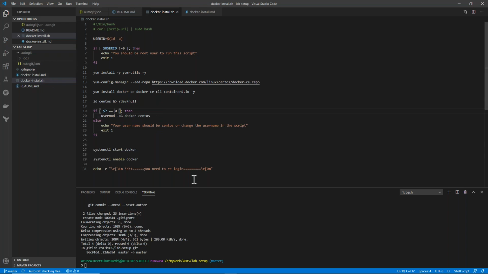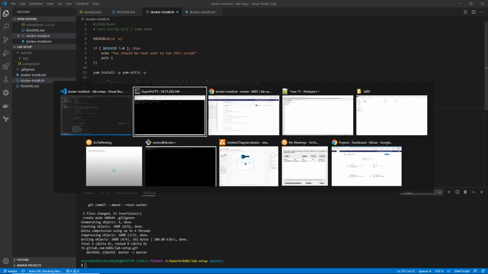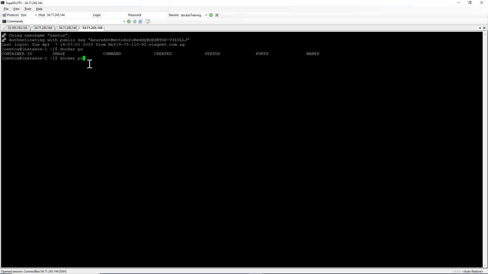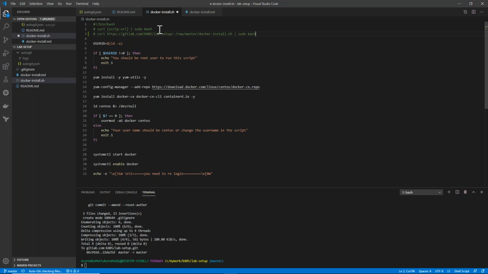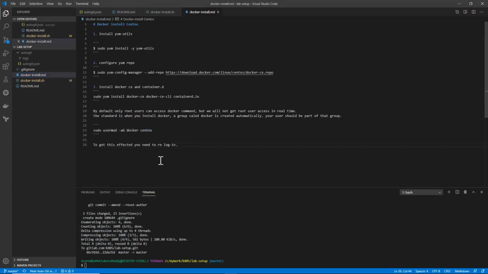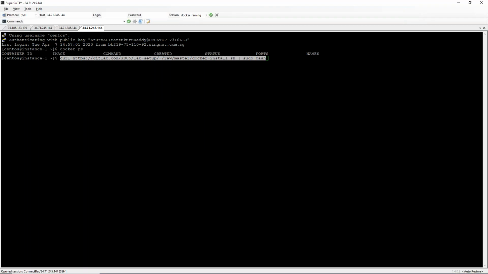So whenever we are running, you can use the script to install Docker while doing practice. Okay. So this is how we install Docker. So until now, any doubts?